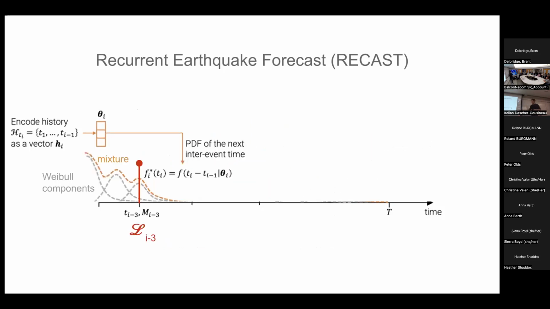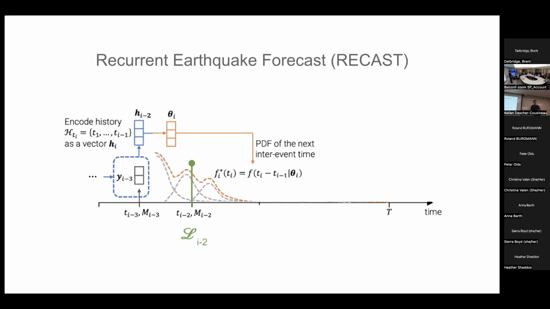I want to dive into this in detail, to make sure that everyone has at least some intuition for how this model works. We begin with an initialized hidden state, which in turn is used to derive a set of parameters for a Weibull mixture distribution. Each of the components here, for example, here there are only 3, but there could be any number of components, is used to have a probabilistic representation for when the next event is going to happen. This function is evaluated at the event time of the next event, and this provides a likelihood for the next event.